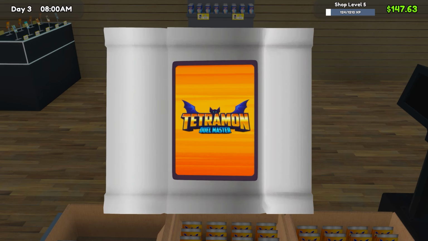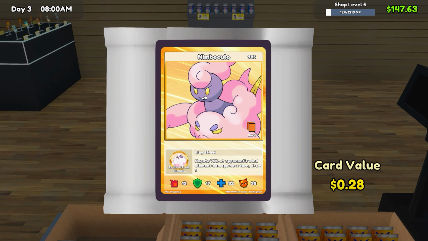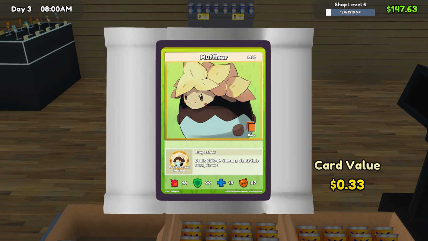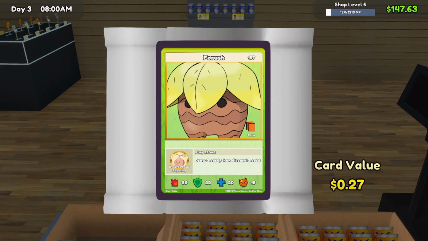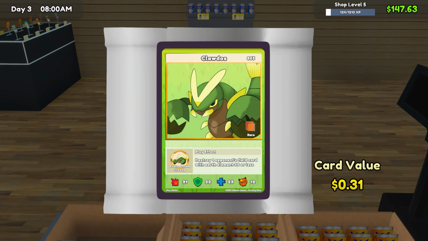Let's see what we've got. All right, we have Amnishark. Not a bad design, gold edition. We've got Nimbokulo. That's not a bad one. I kind of like the Altaria look. Muffalure. Okay. We have Florush. Don't like that design. Maybe it's Pupaz. Clodos. Not bad. Reminds me of...